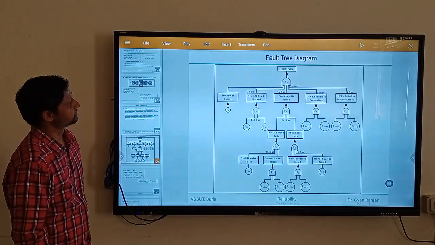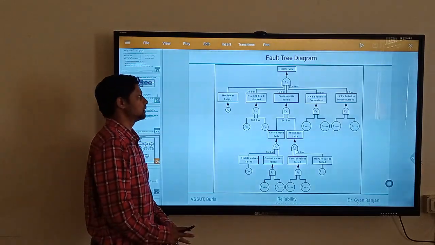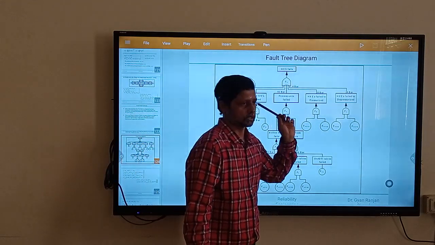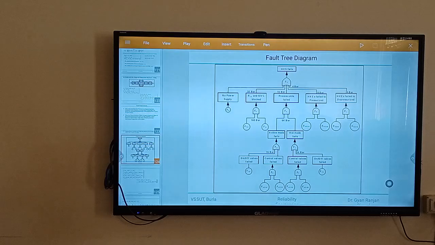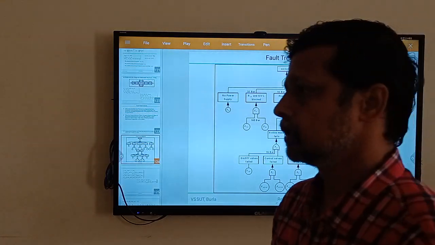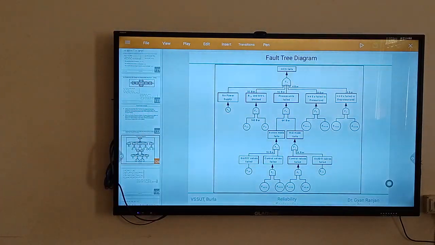Now check this. Here I mentioned that your HCS, which stands for the hydrogen handling system, fails. That means the whole system fails. What will happen when it fails? It is not going to feed hydrogen to the stator casing line of that generating section. Right? Huge size of conductors will generate